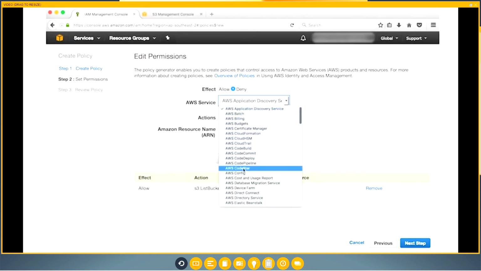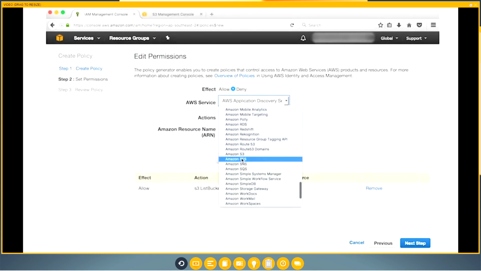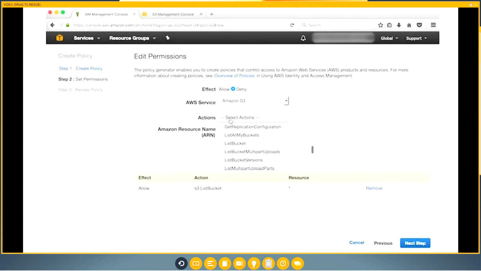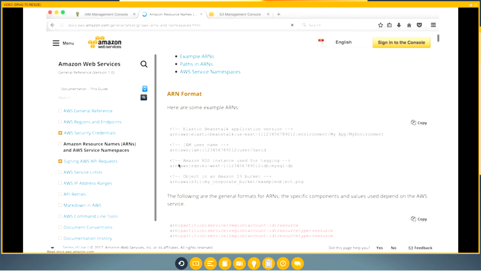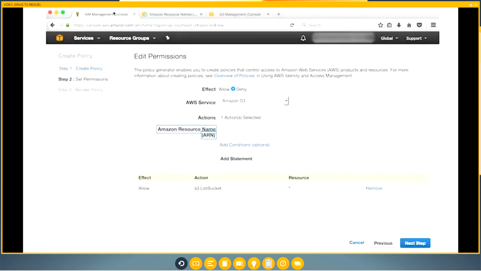Let's create a second statement in AWS IAM for Amazon S3. Under Action, let's choose the GET object operation to permit download. For Amazon Resource Name, or ARN, let's follow the documentation to learn more about the structure. The ARN always starts with ARN, followed by AWS, and a service in use. In our example, we will use S3, followed by the bucket name, /folder, and /star to indicate all objects under